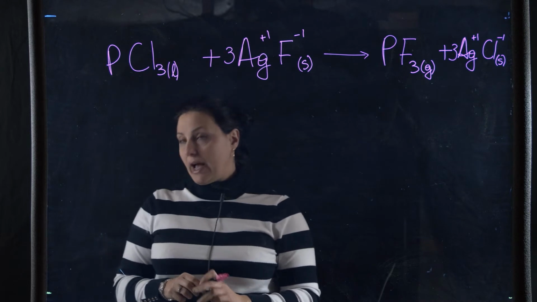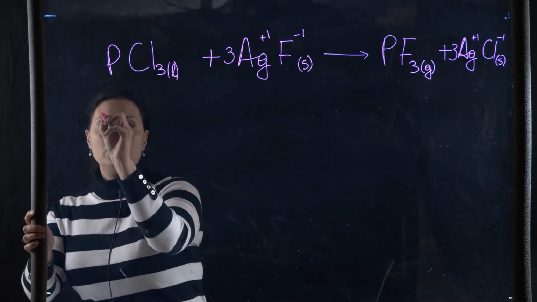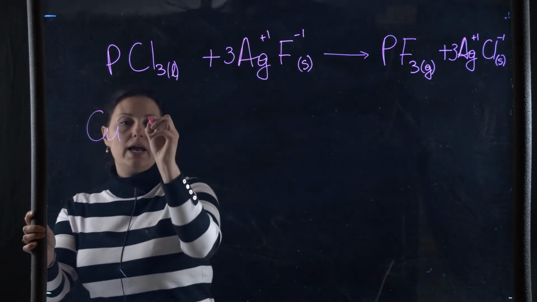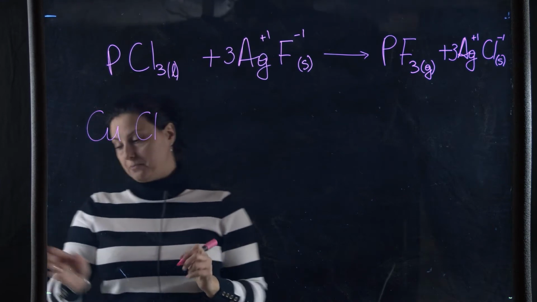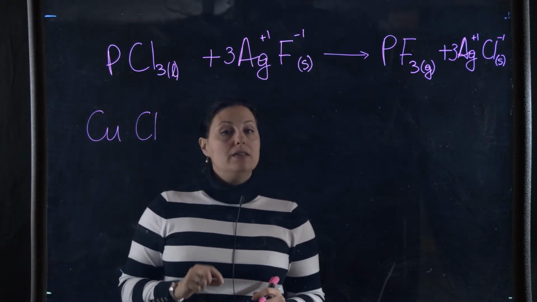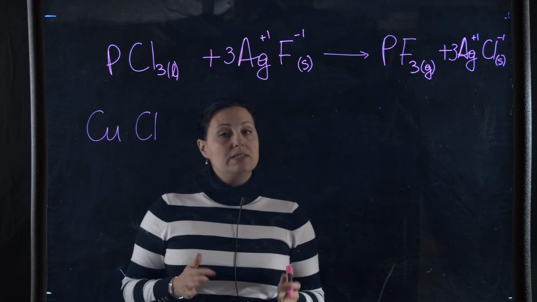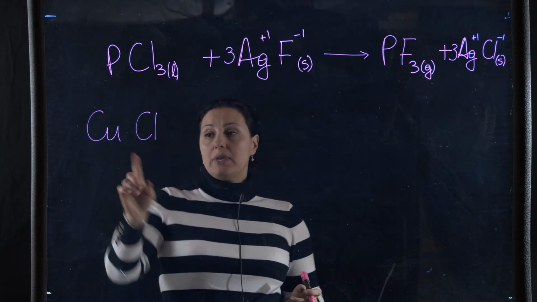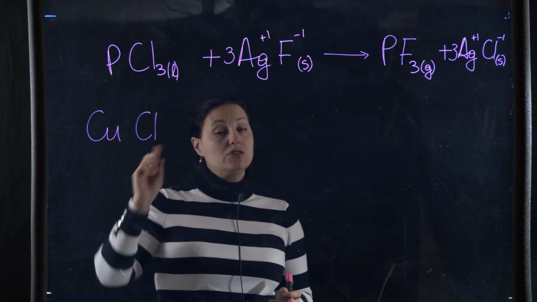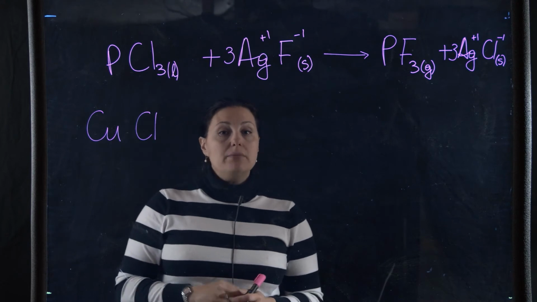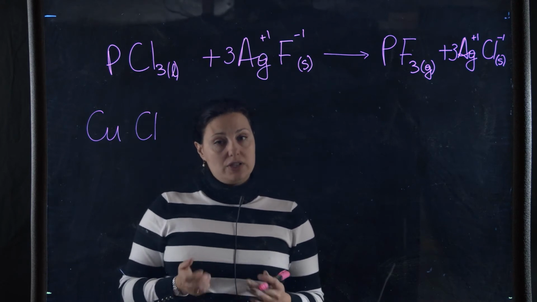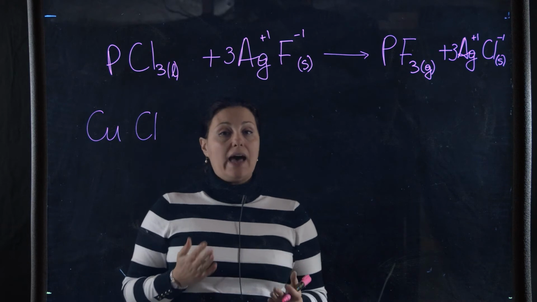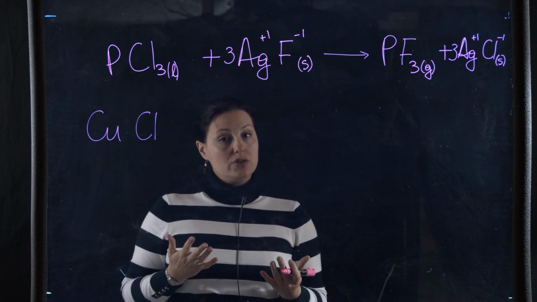Copper 2 chloride. I know that I have copper and I know that I have chlorine. It tells me that it is copper 2 in parentheses, Roman numeral. What that means is that my copper is a transition element, and because it is a transition metal, it can have more than one charge.